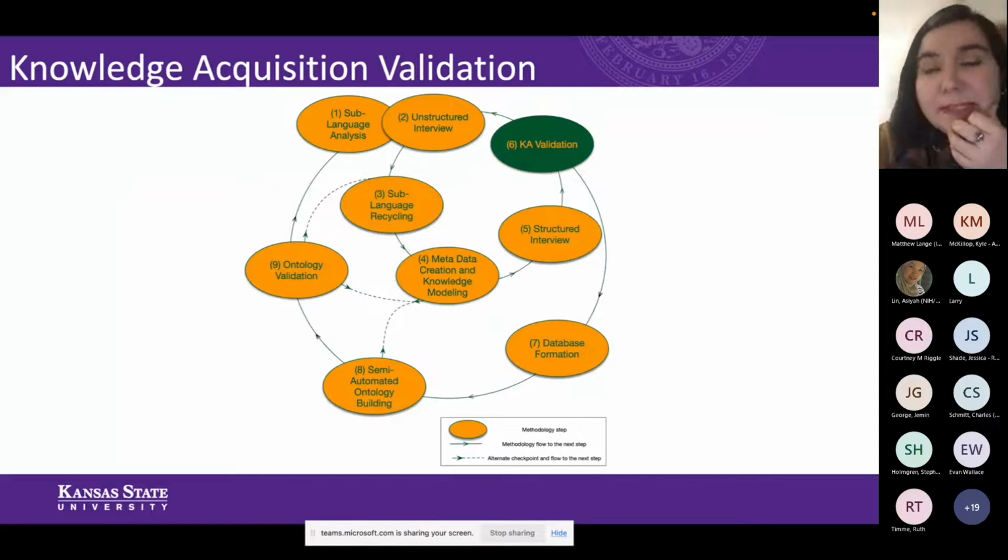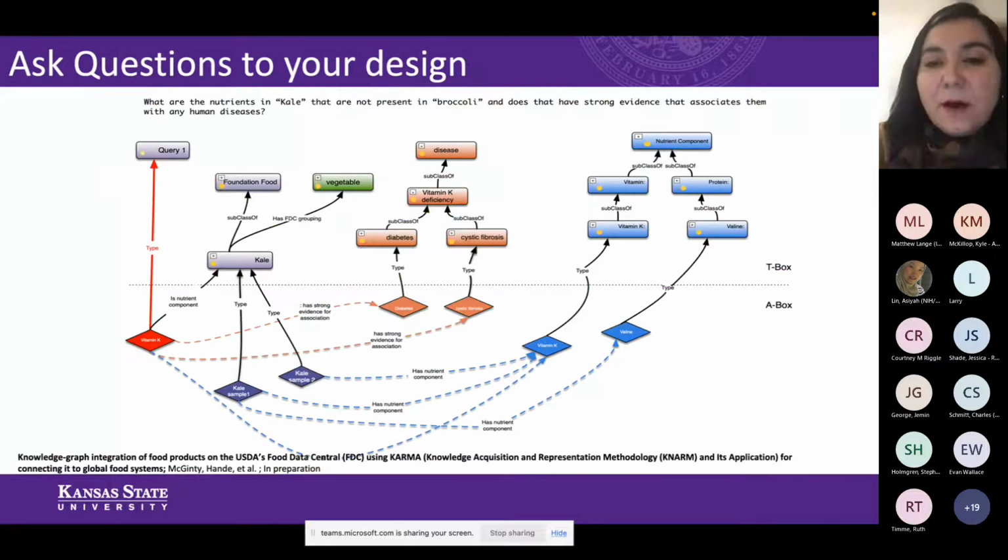Okay, so once you have a way to model your knowledge, then of course, before you go on and really start full-length ontology building, you really want to make sure that all the different components you're taking into consideration are answering the complex questions that you're trying to answer.